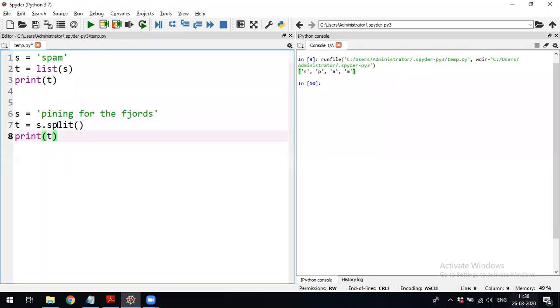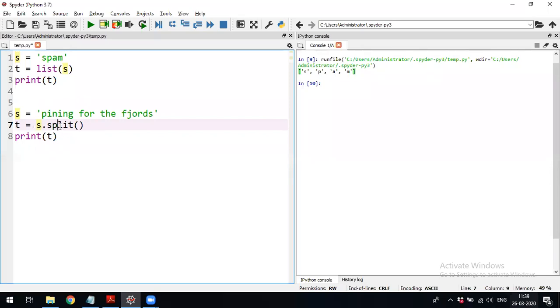Here, you are going to call the string dot split function. Whenever you do this split in Java, it has to be stored inside an array. You have to give it an index and fetch the values from that. Here, it is automatically going to return a list.